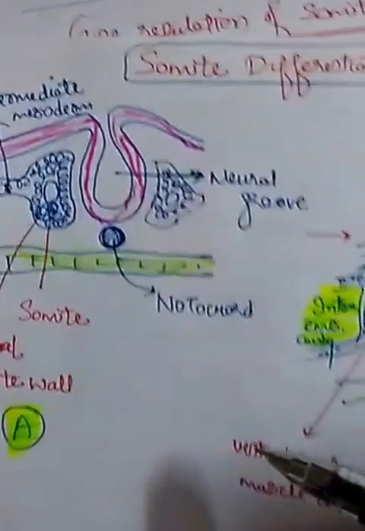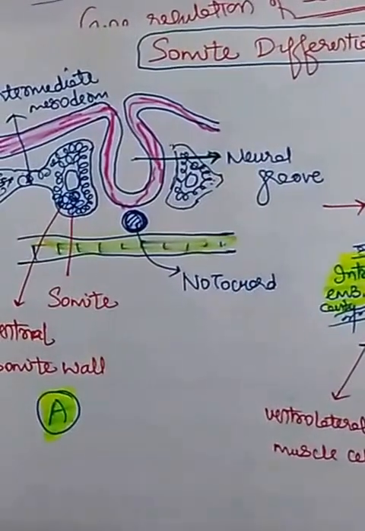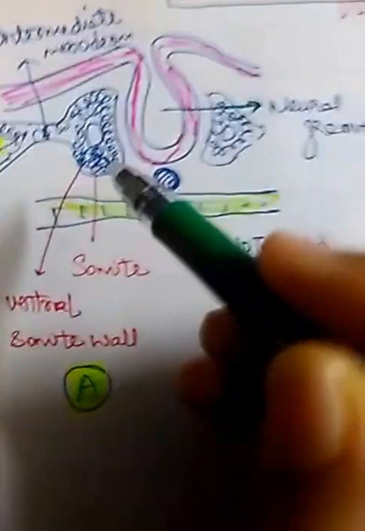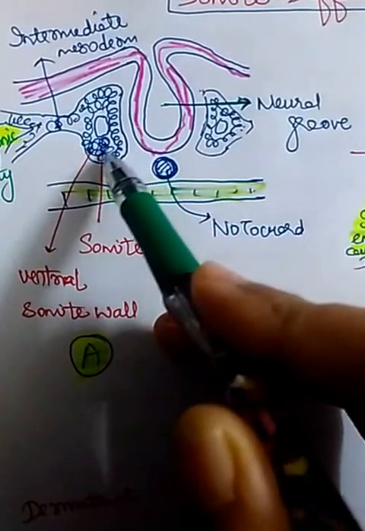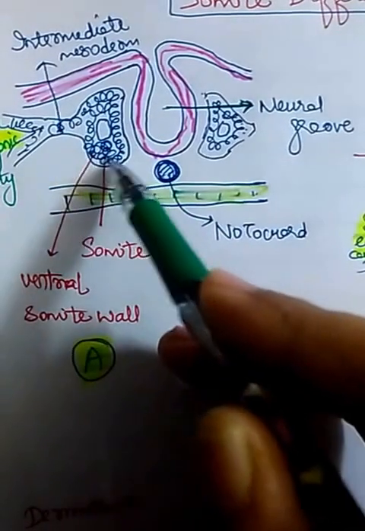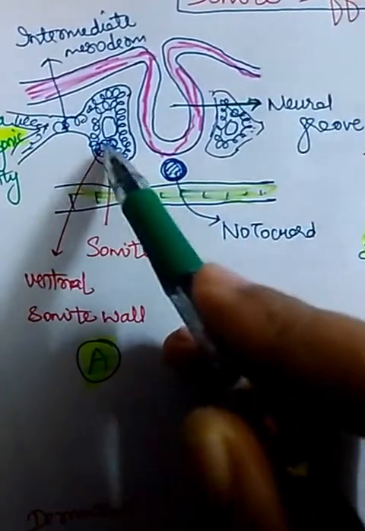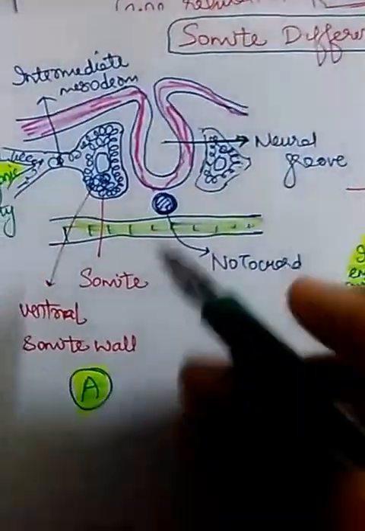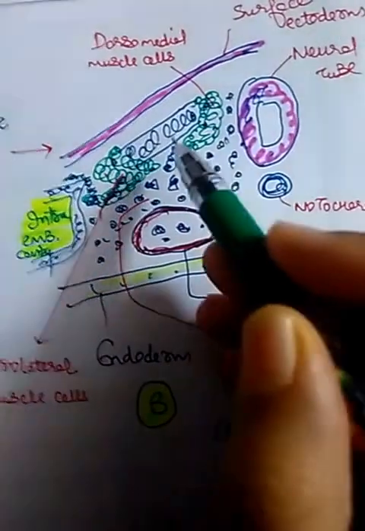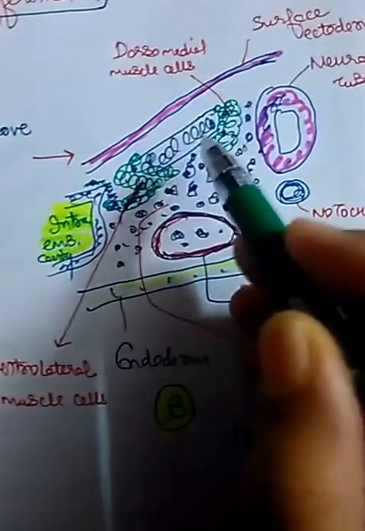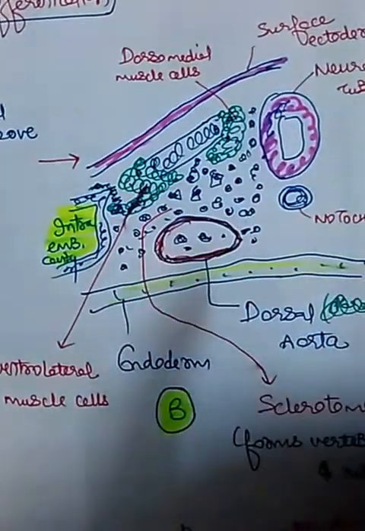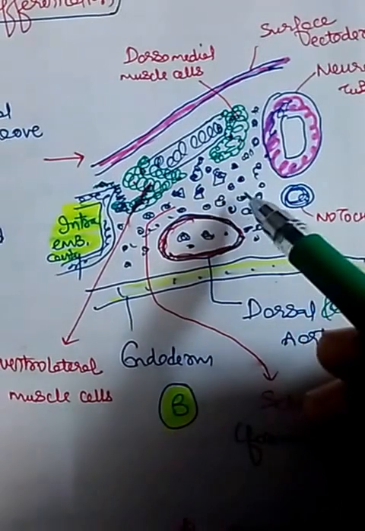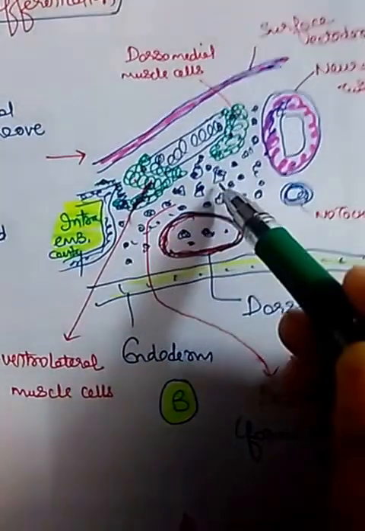cavity. Now, as you can see, at the beginning of the 4th week, the cells in the ventral and medial layer, like you can see here, this whole layer becomes mesenchymal. It loses its epithelial characteristics and becomes like this. This is the dorsal part. It is intact, but the ventral and medial part has become mesenchymal again.